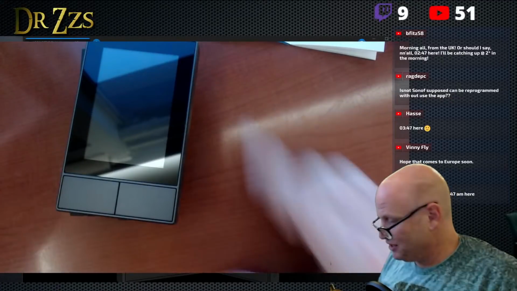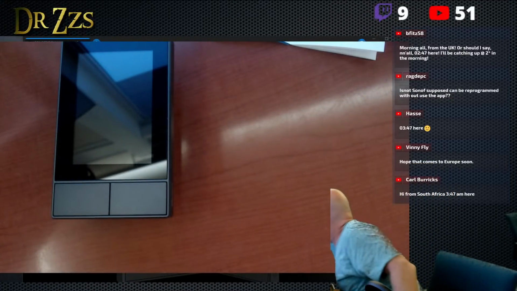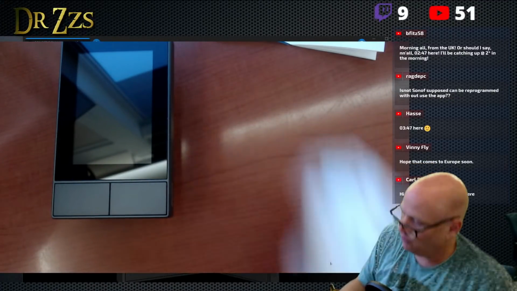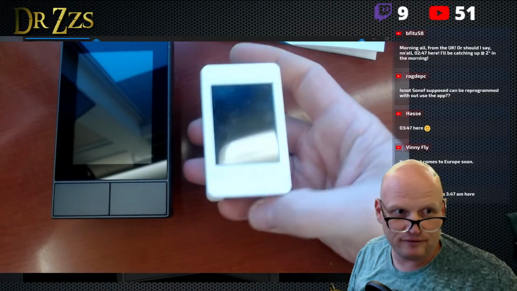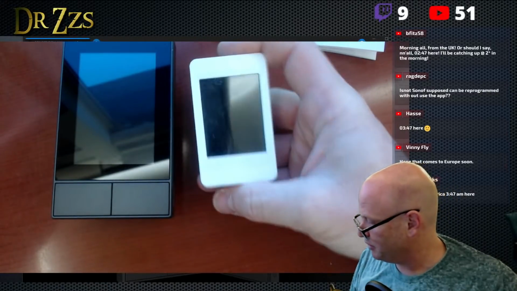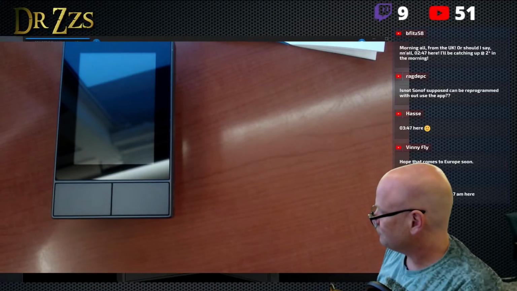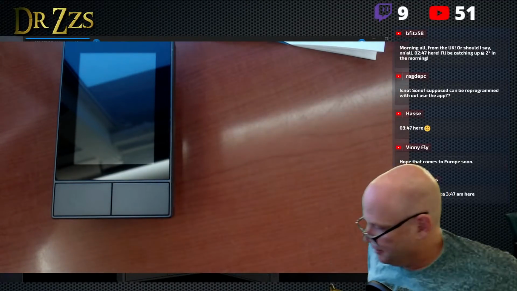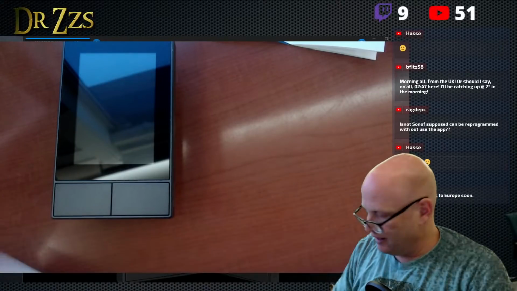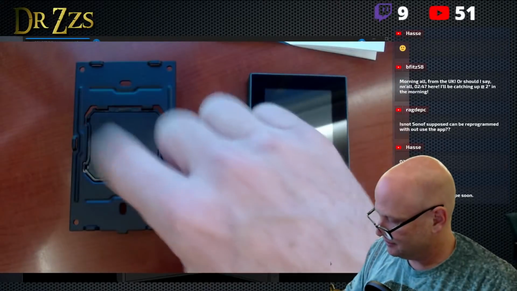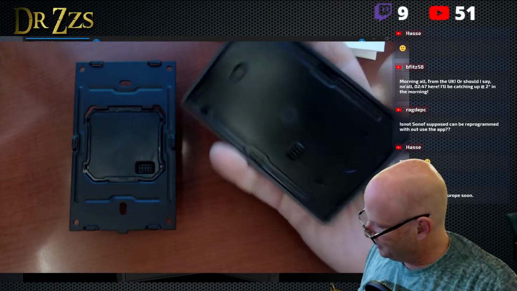This reminds me, of course, of the old HA switch plate. Of course, this one's a little bit bigger, but this is the old HA switch plate, which I love. And I'm wondering what's inside here, right?